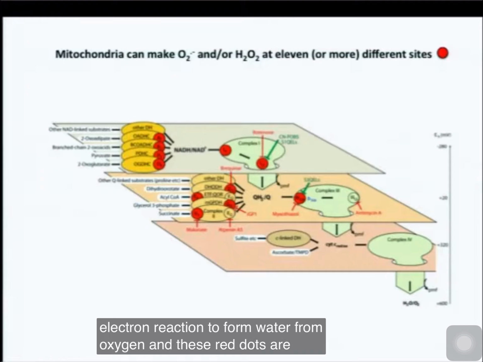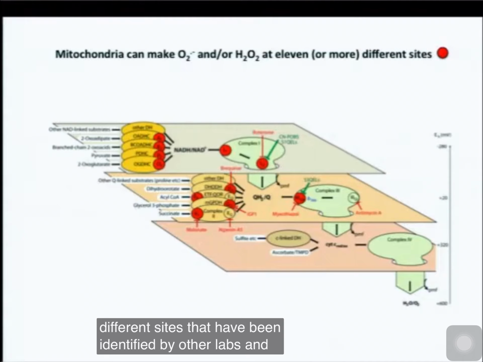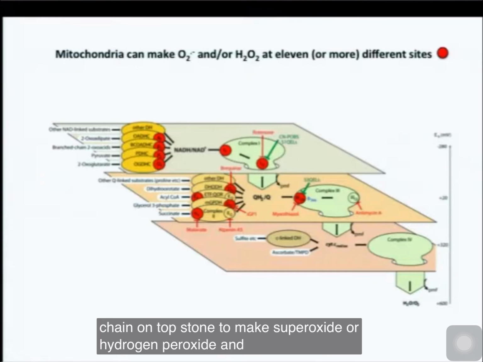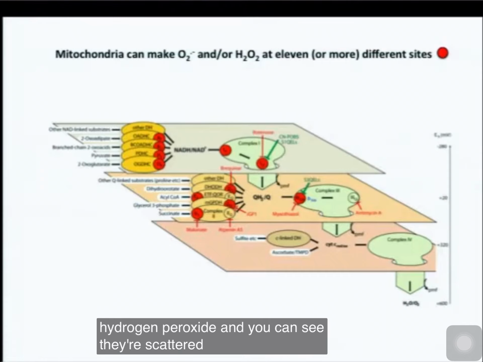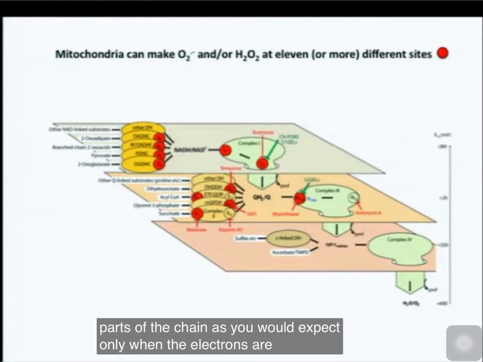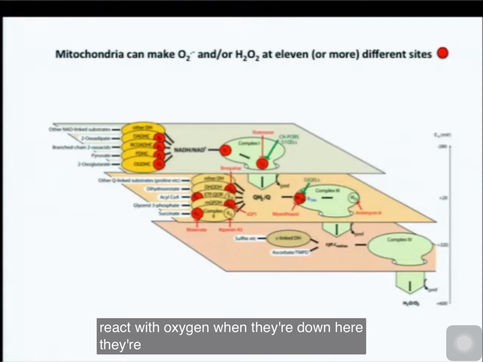And these red dots are the different sites that have been identified by other labs and by our lab at which electrons can leak out of this chain onto oxygen to make superoxide or hydrogen peroxide. And you can see they're scattered all around. They're predominantly in these more reducing parts of the chain, as you would expect. Only when the electrons are very reducing are they going to leak out and react with oxygen. When they're down here, they're much easier to control because they're less reducing, so you get much less superoxide or